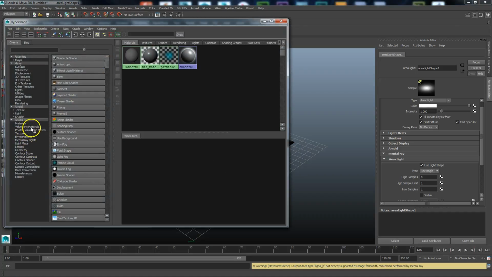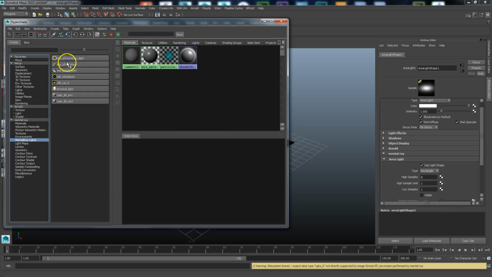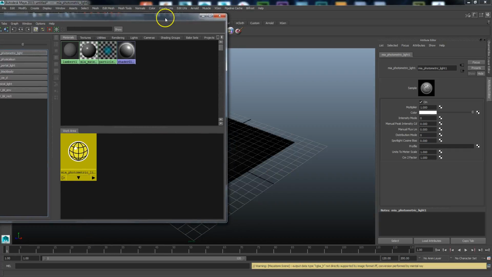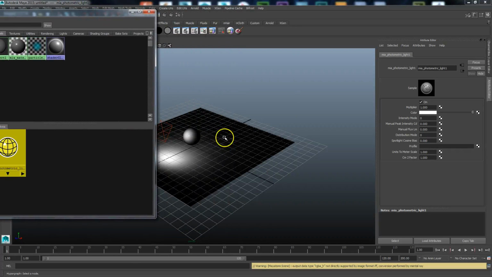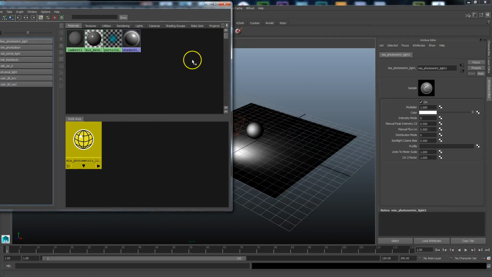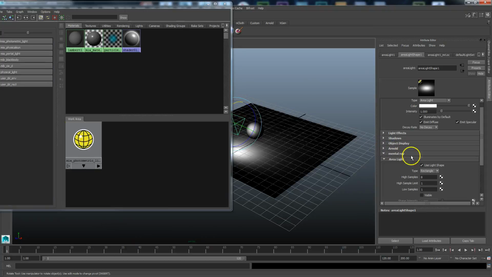And we're going to go down here and click on Mental Ray Lights. Okay, and then you're going to see the Mia photometric light right here. And that's what we want to load in, is that light. Okay, so let's just viewport over a little bit here. And we're going to pick our light here. And down here at the bottom,